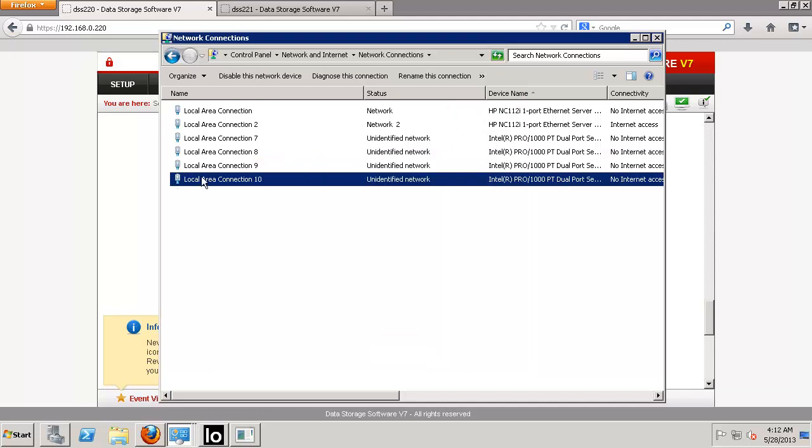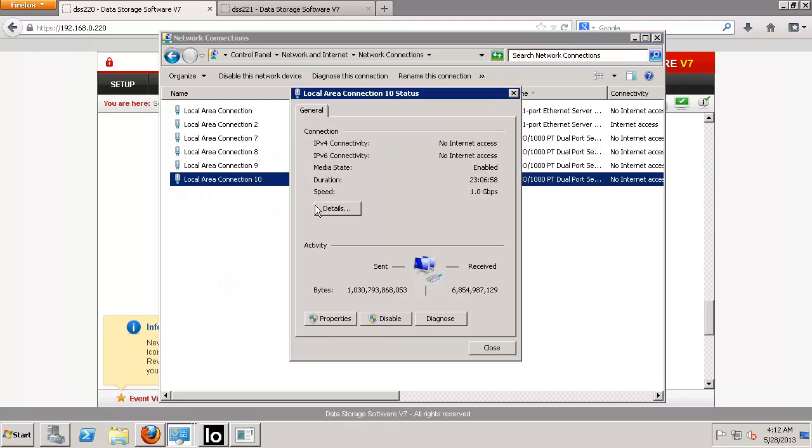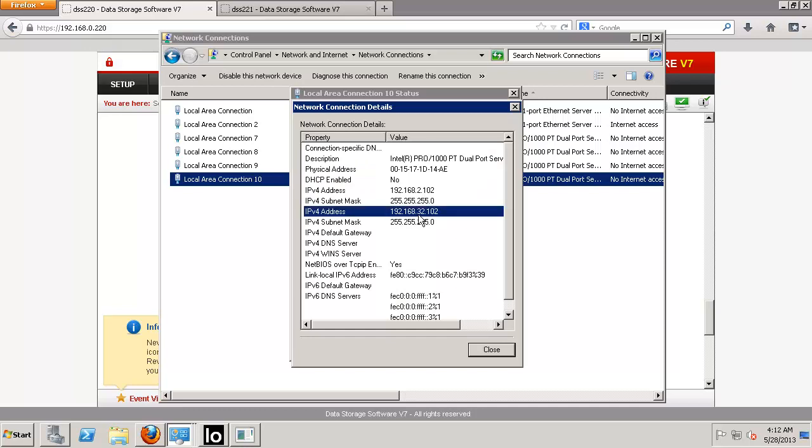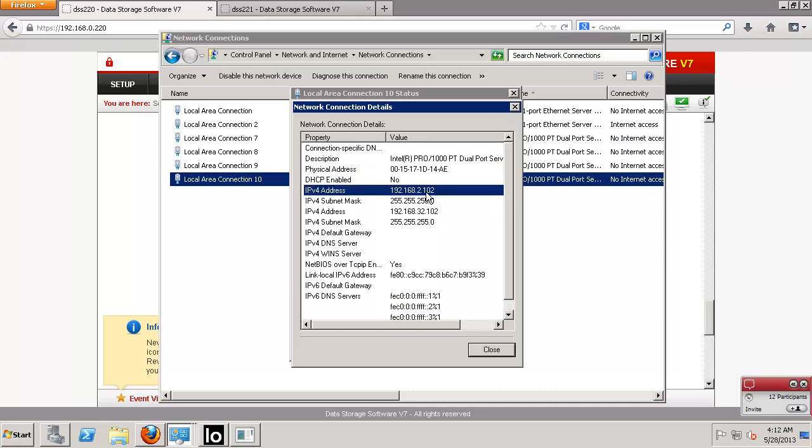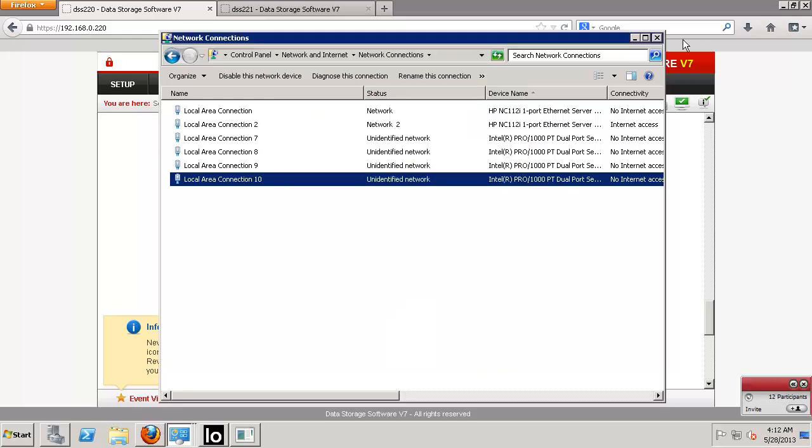Okay, and this port has 32, 102 and 202. Okay, great. So now we see that all the ports are configured